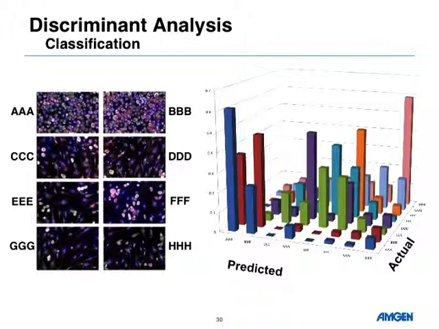So what we have are different conditions over here that we've tested, different proteins that we've added to the cells. On the y-axis are the actual cells, so these are the actual populations. And on the x-axis, you have the predicted. I love the term for this: they call it a confusion matrix. What you're trying to say is,